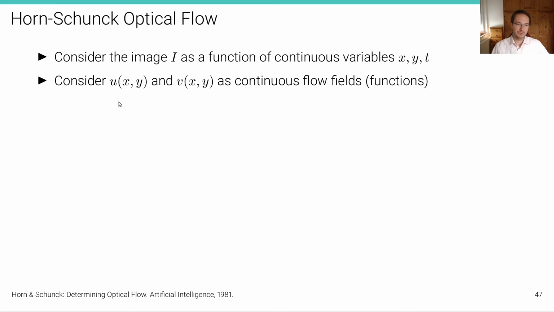We consider u of xy. This is the flow in the u direction, in the x direction, in the image plane. And then we have another one-dimensional field v. So effectively the flow field is a two-dimensional field, but here it has been split into two one-dimensional functions, u and v. And at each continuous location in the image, this is what we want to infer, the value of u. This is a continuous flow field. So we want to effectively infer